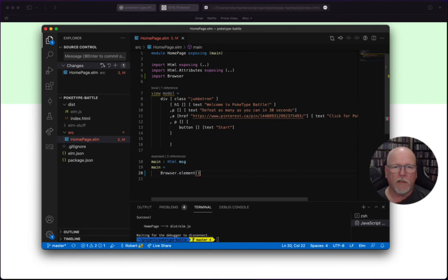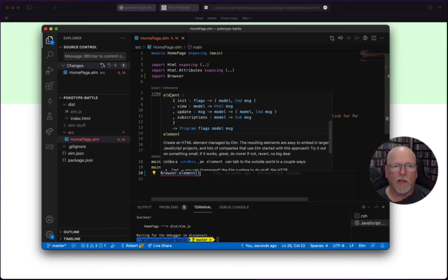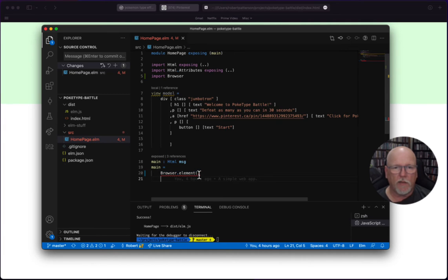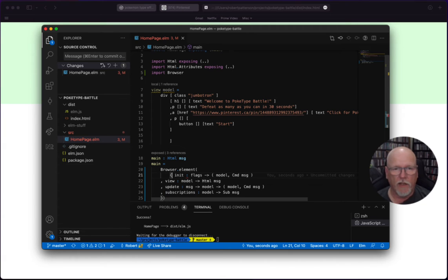So element, what does it need? It needs this. I'm going to copy this. It needs a record that's got 4 members. One called init, another called view, update, and subscriptions. So let's just fill these in. Init, now this is the type declaration. I need to actually change it to an assignment. Init equals,